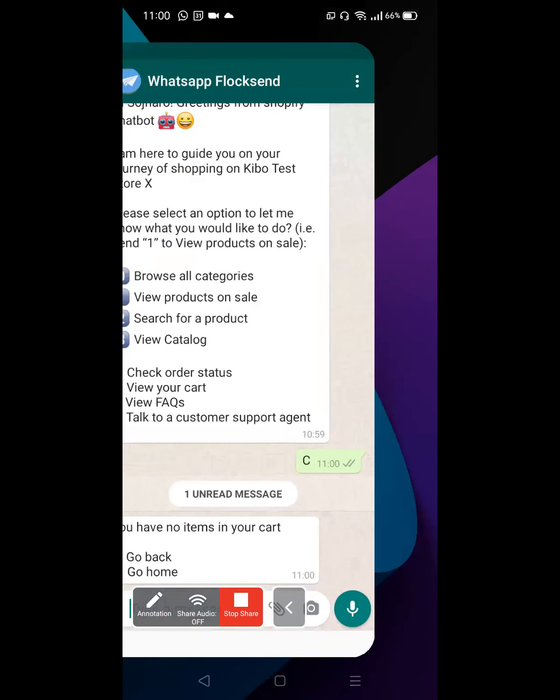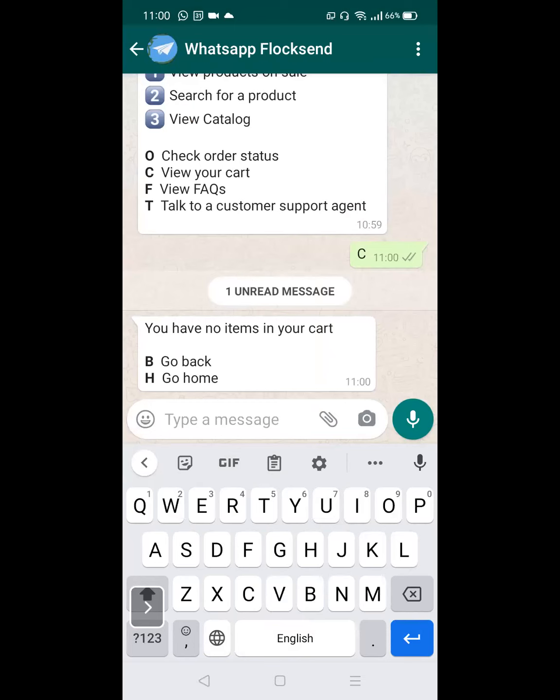Hello. So we are going to give a demo of a WhatsApp chatbot, and this chatbot is connected to a Shopify store. So all of the information, data, and products will be coming from a Shopify backend, and the chatbot will be showing them here. So this is really a pre-sales chatbot. We'll also create a separate video for the post-sales part of the chatbot, and then we'll also create the same videos for the Messenger chatbot as well.